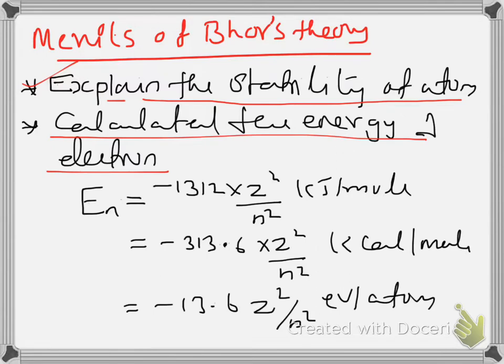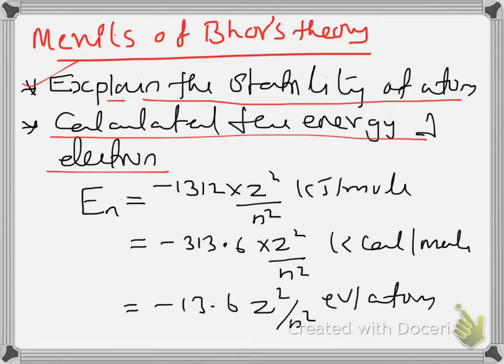At the same time, you should remember that this model is applicable only for hydrogen or hydrogen-like atoms, that means atoms or ions with a single electron. For calculating the energy of an electron in such a system